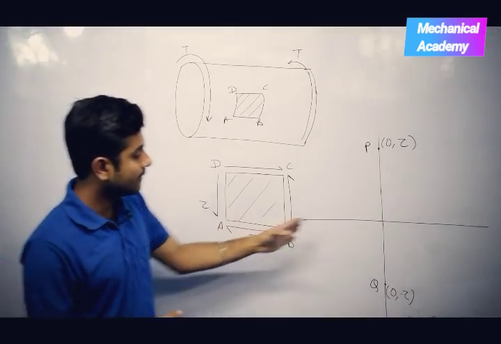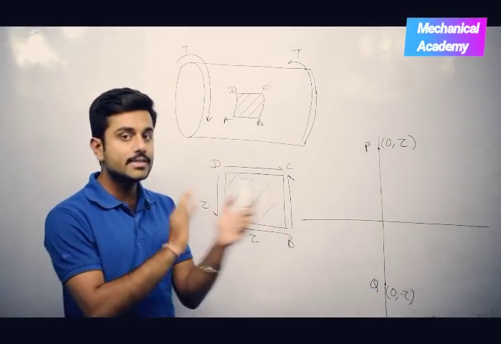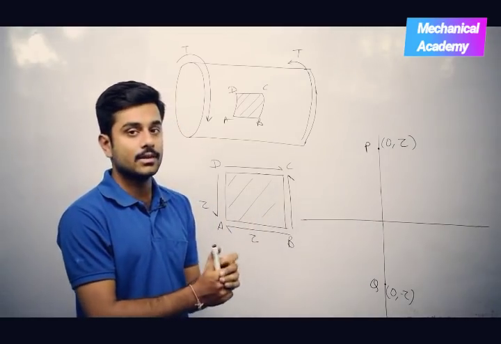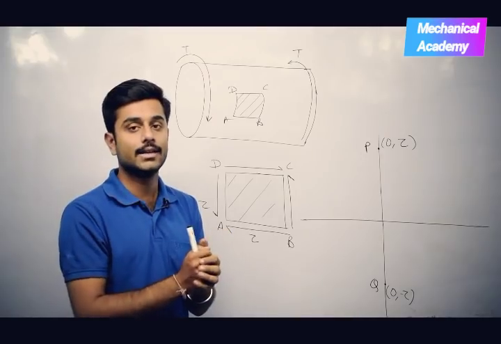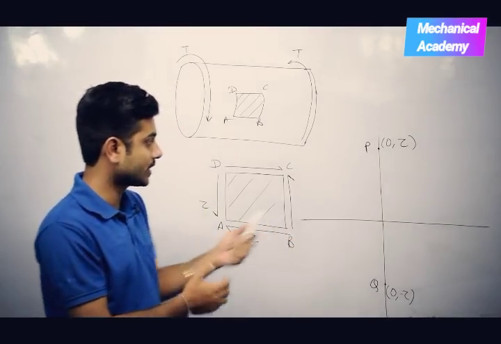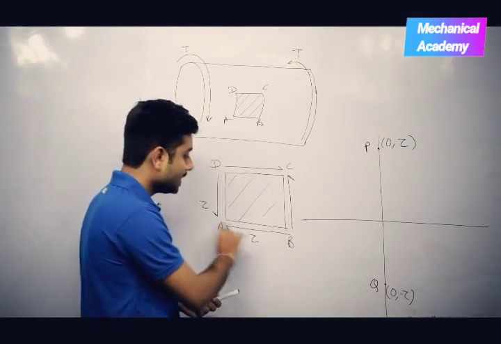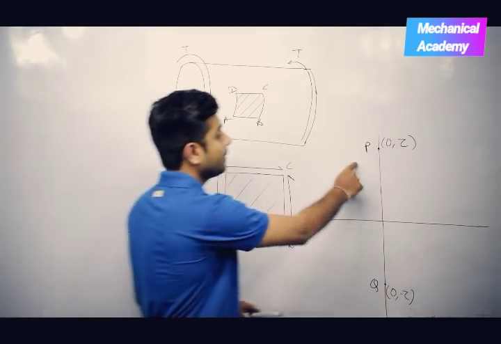For this element, if we try to draw the Mohr circle, we will try to locate any 2 points on this graph, join those 2 points and then make a circle taking that joint line as the diameter. That is how we draw Mohr circle. So for the plane AB, I have drawn point P. The coordinates of point P are 0, tau.